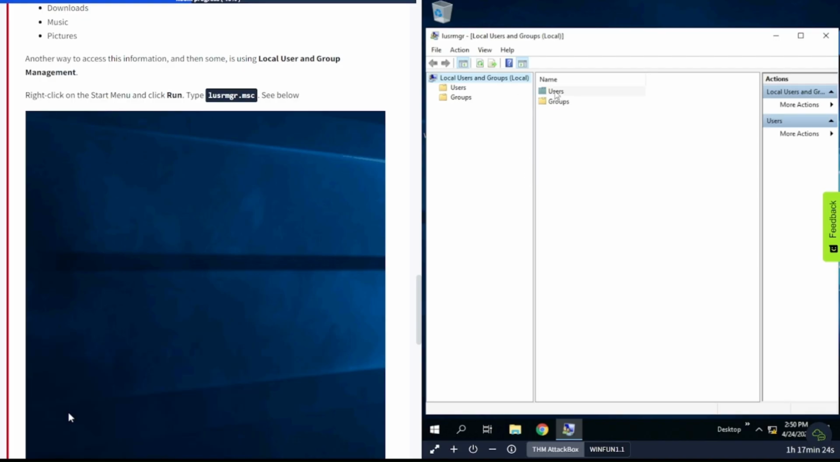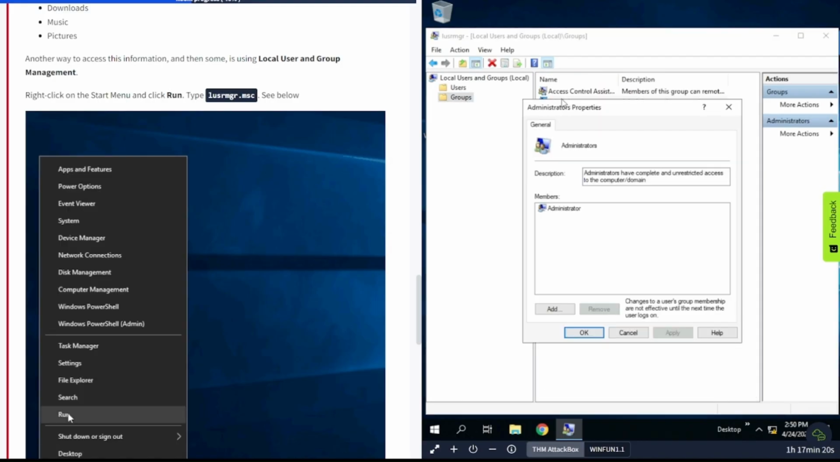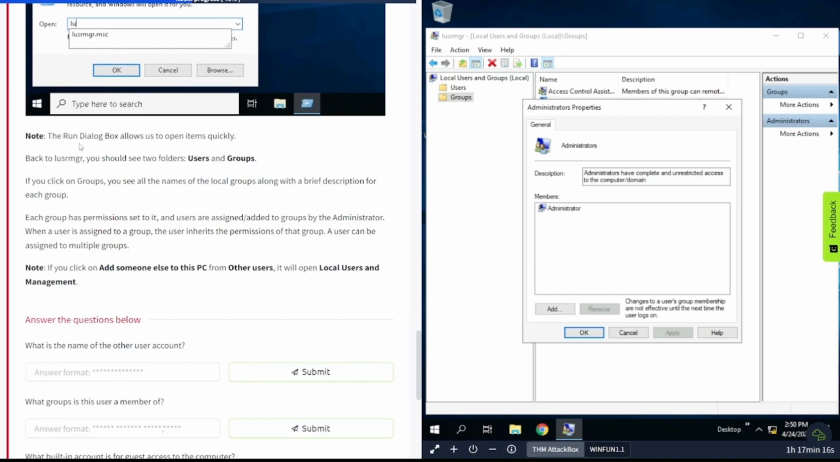All right, now you can see the users in here. You can go to groups and see. Let's check the local admins group, and only this administrator account is in there. All right, note the Run dialog box opens items quickly. Back to